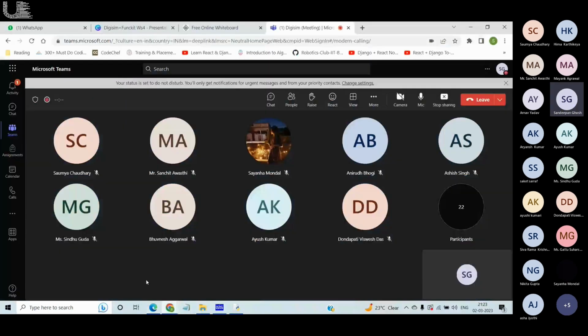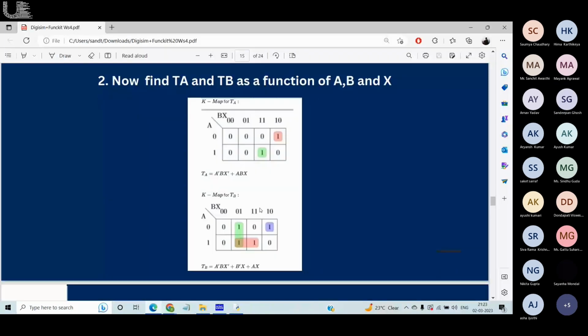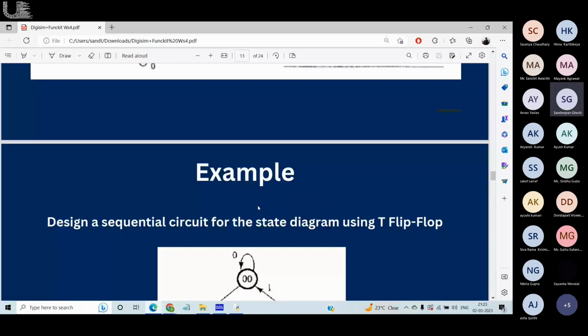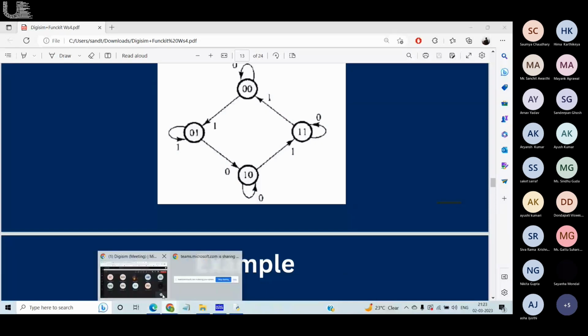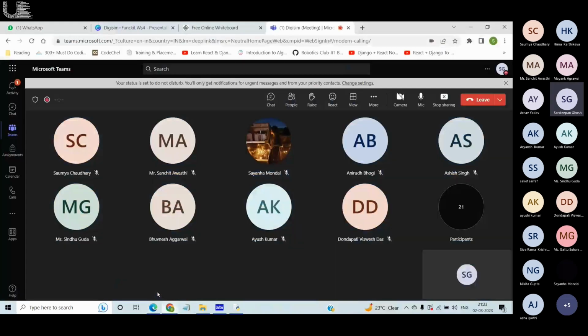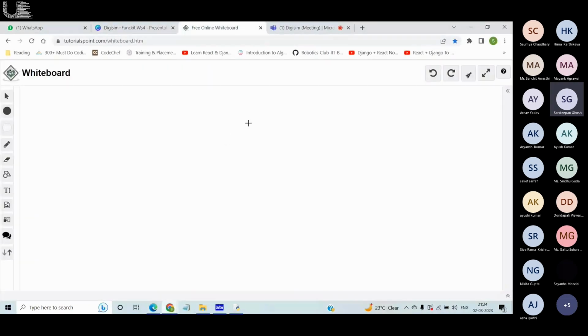Yeah, so coming back, just to give a brief overview of what Soumya said, what is this state that we're talking about? What is 00 and 01 and what is this? It's nothing but